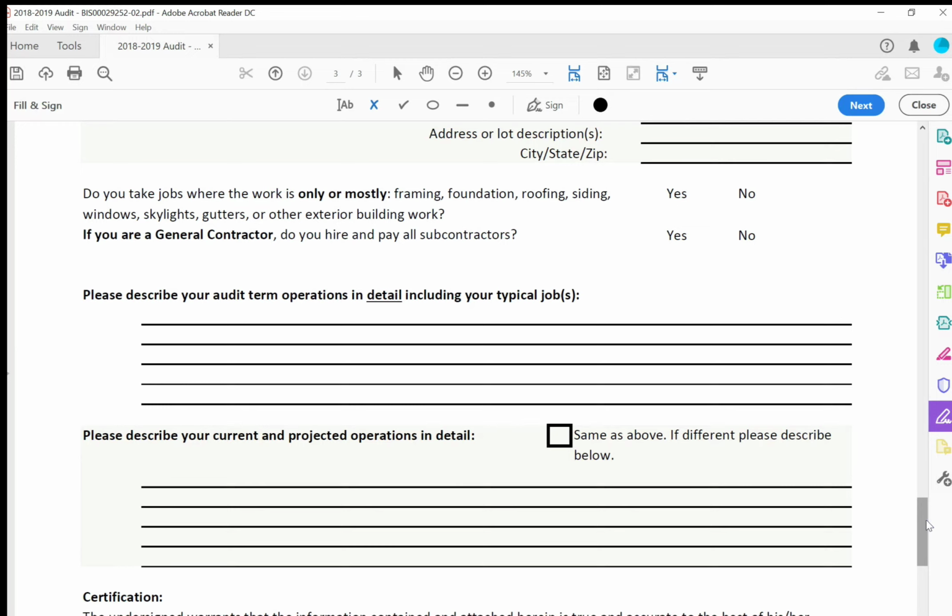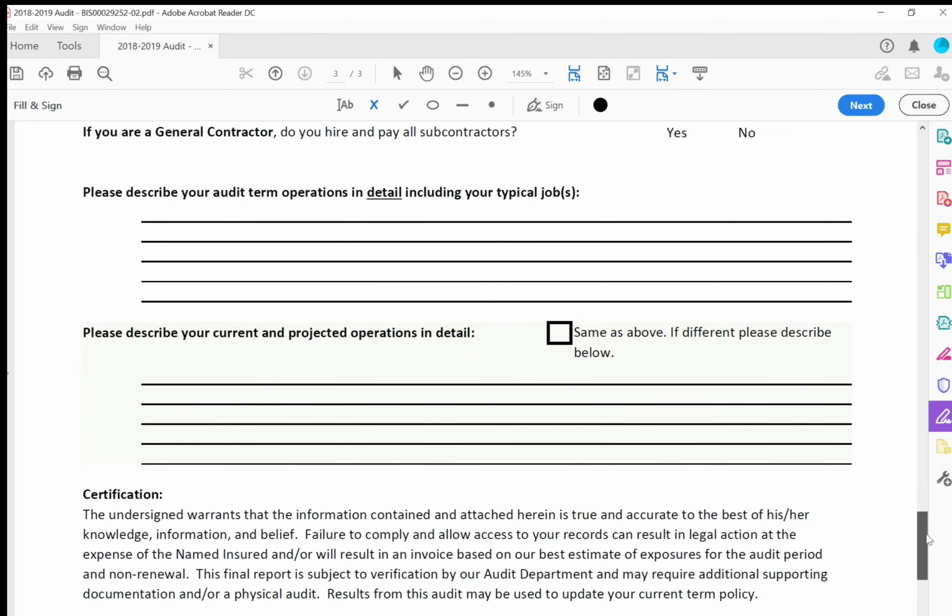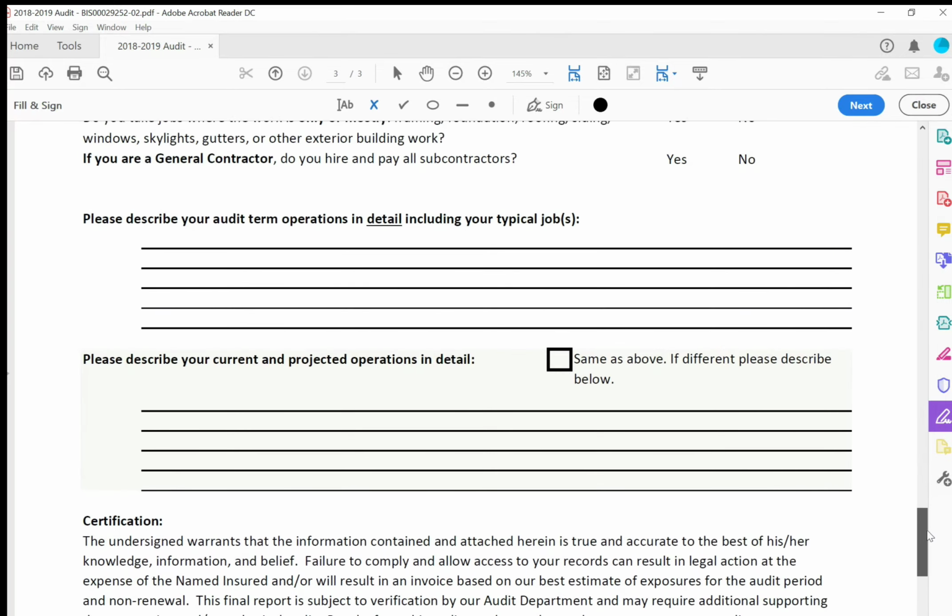As a general contractor, you want to make sure that, for certain policies, if you're doing a remodel job where you're doing framing, the windows, doors, and drywall, that's fine. But if you're a general contractor and all you're doing is framing jobs and nothing else, then you need a different policy. So you want to make sure you're covered correctly. Again, this just talks about different types of jobs, and then you'll have the right insurance, the right policy, and you'll pay the right premium.